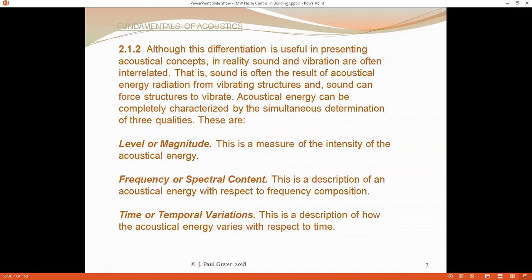Okay, there are certain qualities of sound that it's important to keep in mind, or to understand, have a feel for. One is the level or magnitude of the sound. And the way to visualize this is think of the